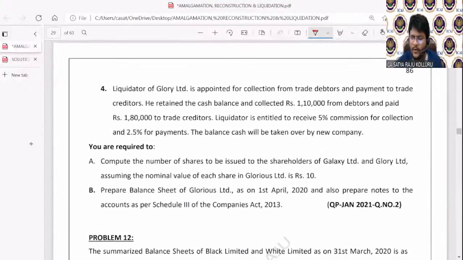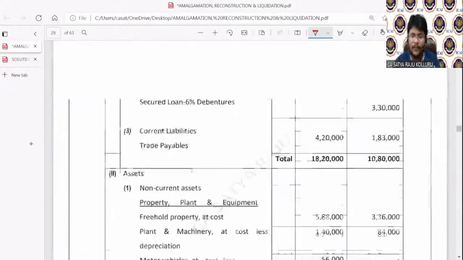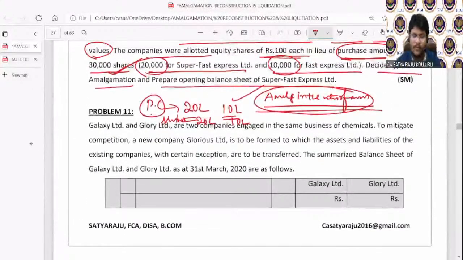This is a January 2021 question paper problem I included here. I'm discussing right now one of the question paper problems. Okay. Concentrate, all of you. The problem is important, which is quite easy, but you need to understand the facts of the problem. Shall I proceed, guys? Are you with me? Can I proceed?